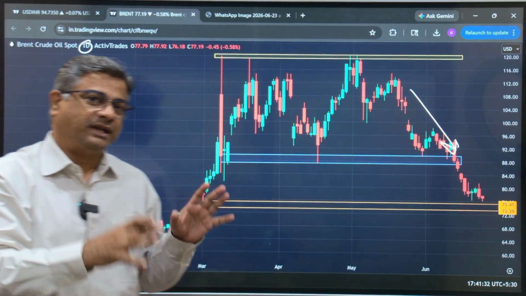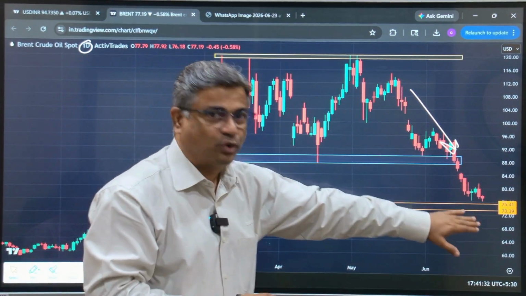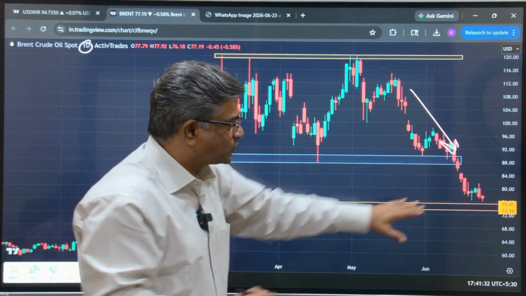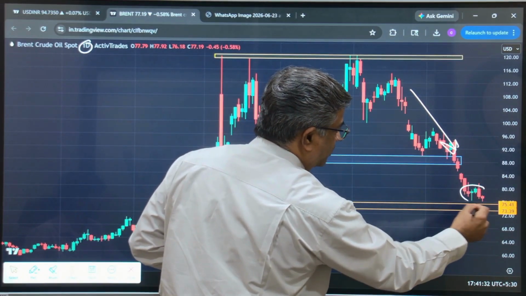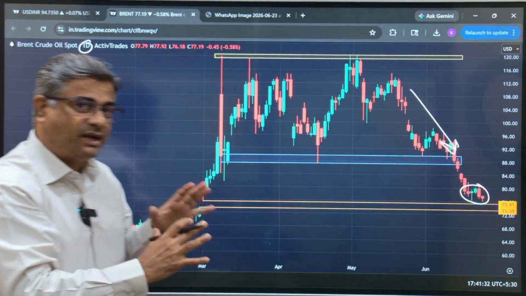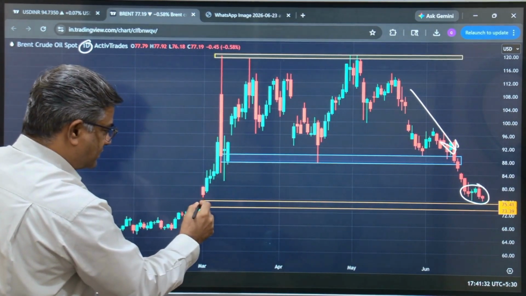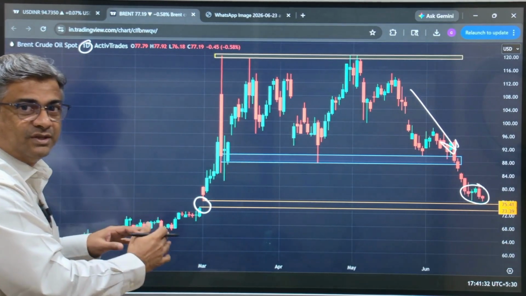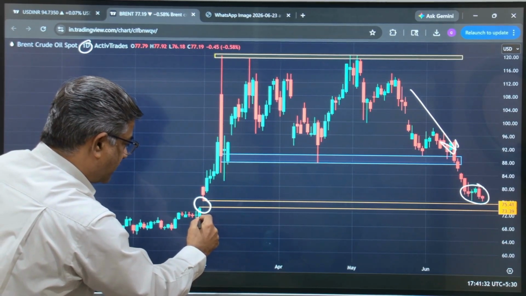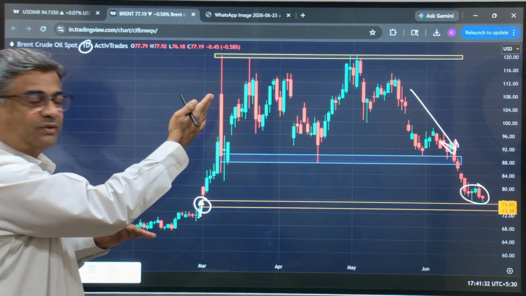The war in the Middle East looks to be coming to an end, and we have seen the crude cooling off. But very interesting, see, after this cool off, where has it found a support? Multiple days, 5-6 trading days, it has found a support. If you look at this chart, look at this region. This is the region where the price broke out. It was on this particular day that the war started, and then we saw a breakout of the prices,